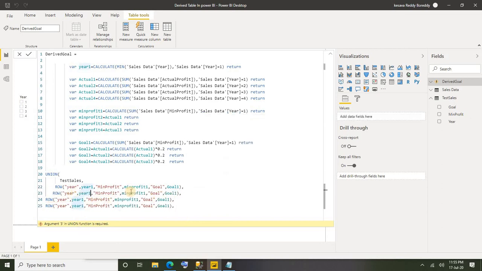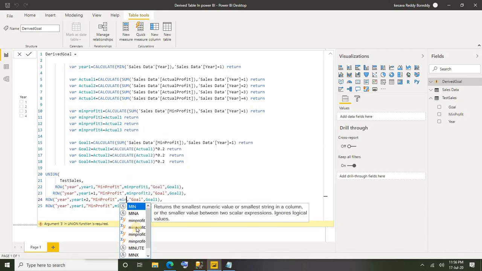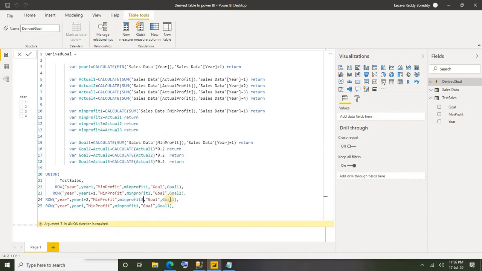Okay. The year value should be year 1 plus 1 because the second row is for year 2, right? And min profit of year 2 and goal of year 2. Okay. In the same way, I'm gonna say plus 2 year for year 3 and min profit of year 3, goal of year 3.